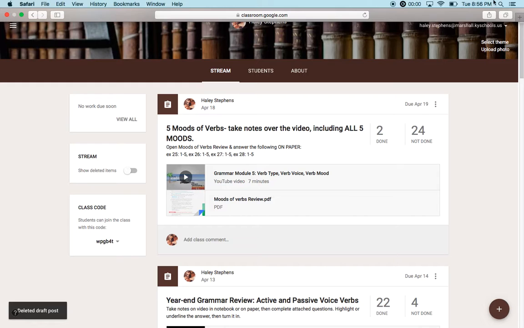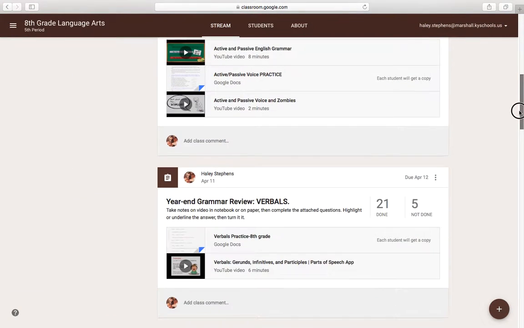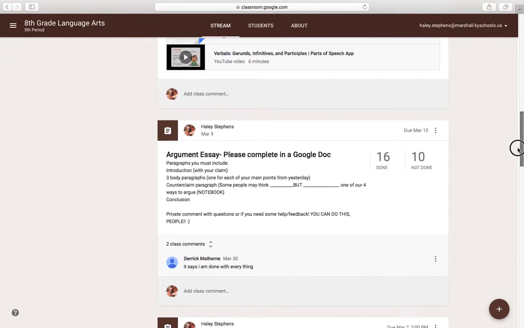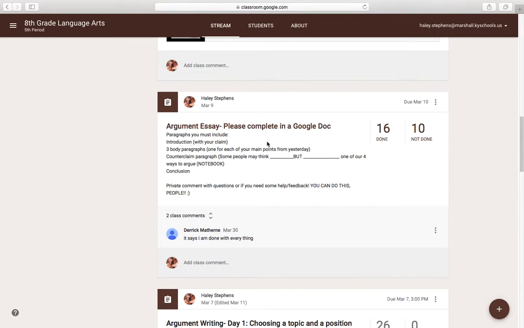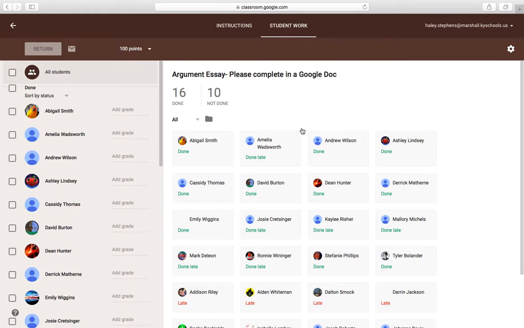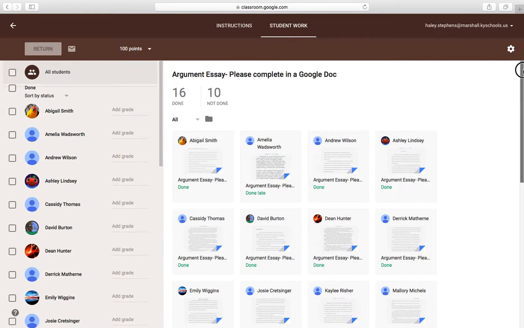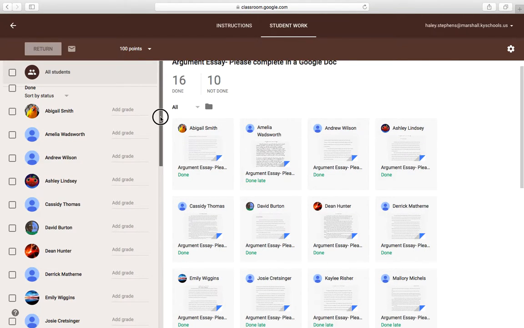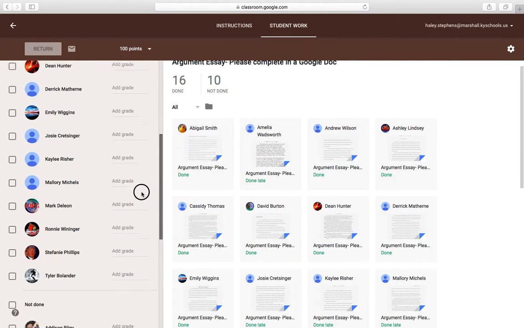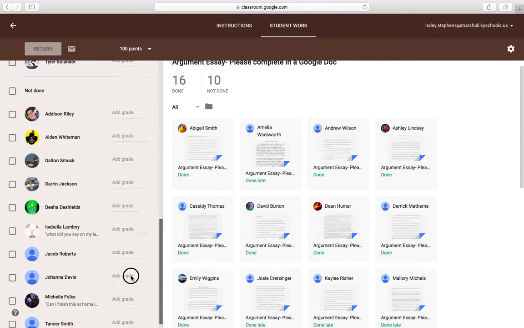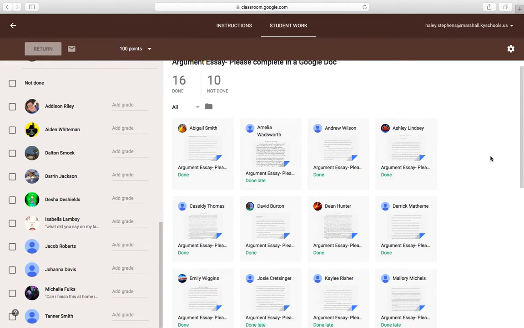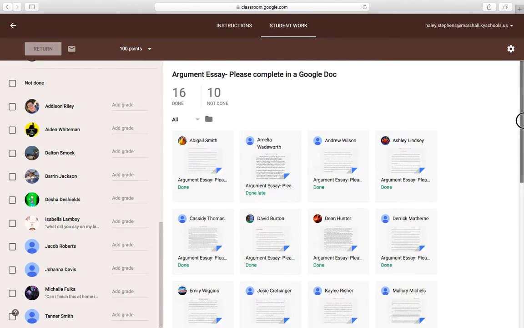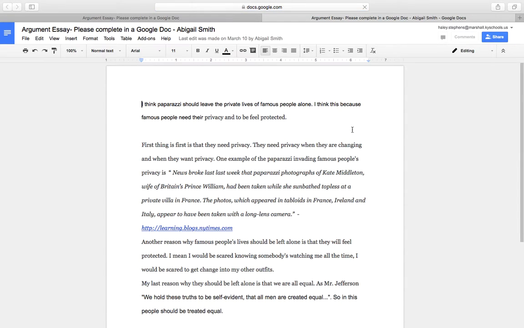Once you've added an assignment, let me go down to an assignment that would be a good example. Okay, so an argument essay here. We're going to click on the assignment. You can see all of my students over to the left. Okay, shows me who's done. It shows me who's not done. Over here, it shows me all of the progress. Let's say I want to look at this student's. I would click on it. It's going to open their document. And the neat thing here is,